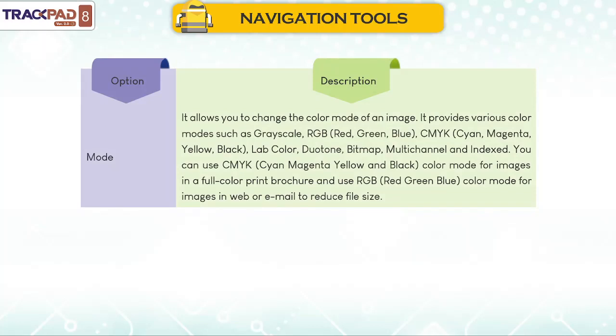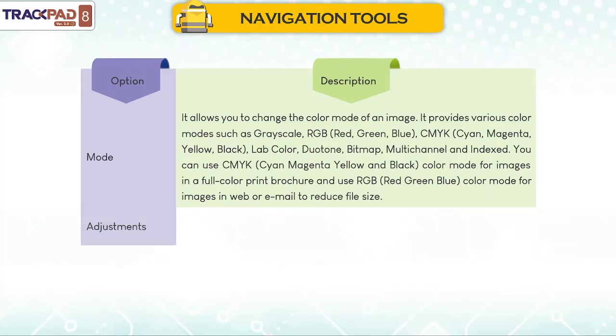It provides various color modes such as grayscale, RGB (red, green, blue), CMYK (cyan, magenta, yellow, black), Lab color, duotone, bitmap, multichannel and indexed. You can use the CMYK color mode for images in a full color print brochure and use the RGB color mode for images in web or email to reduce file